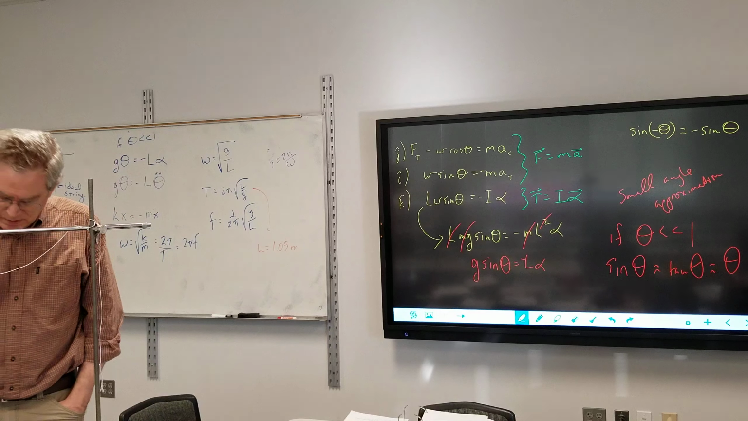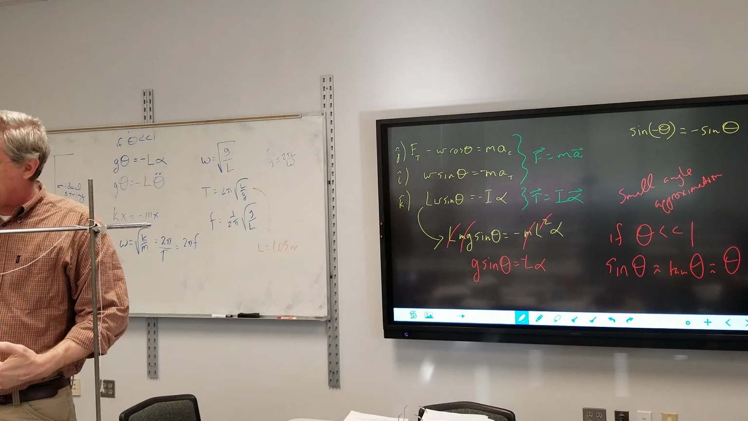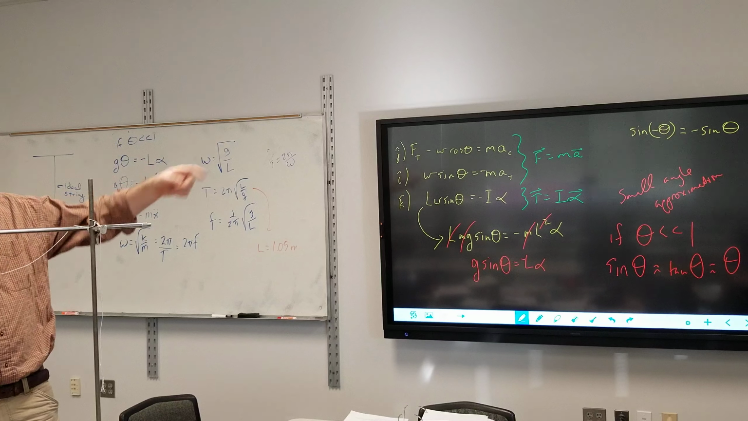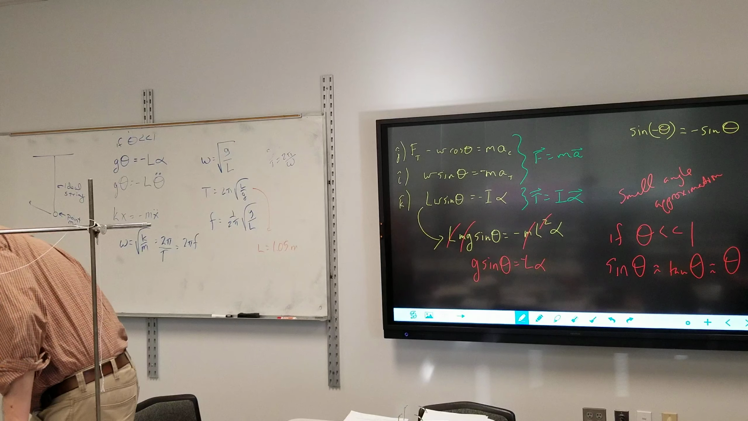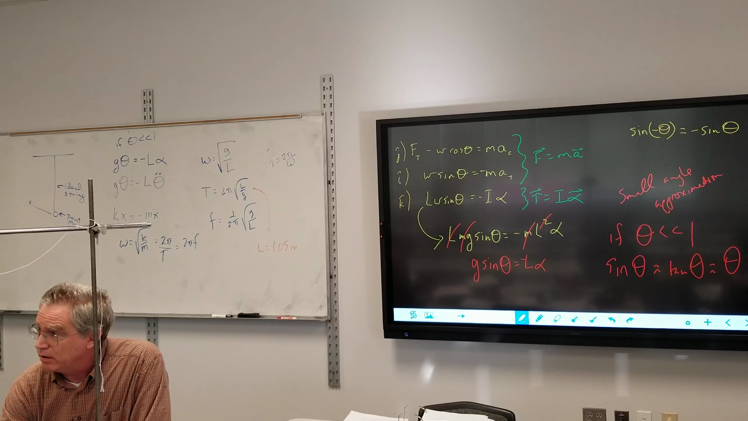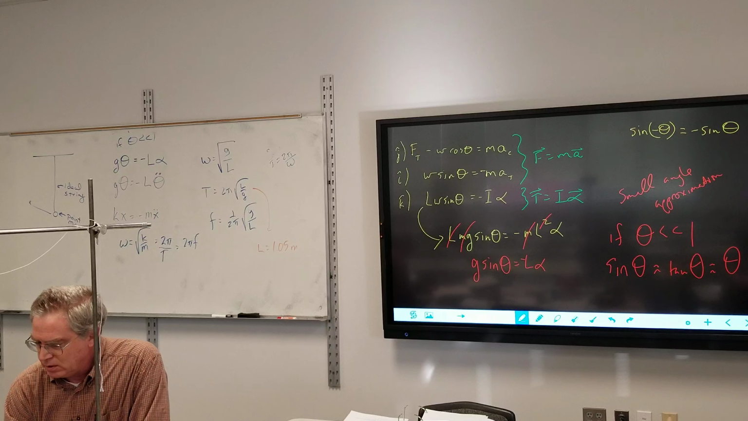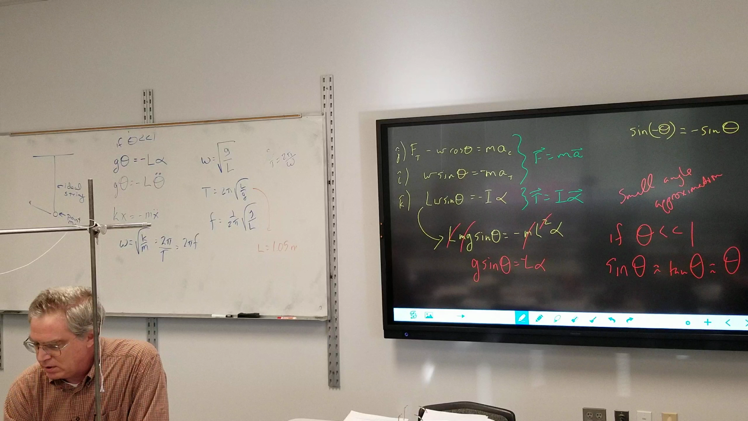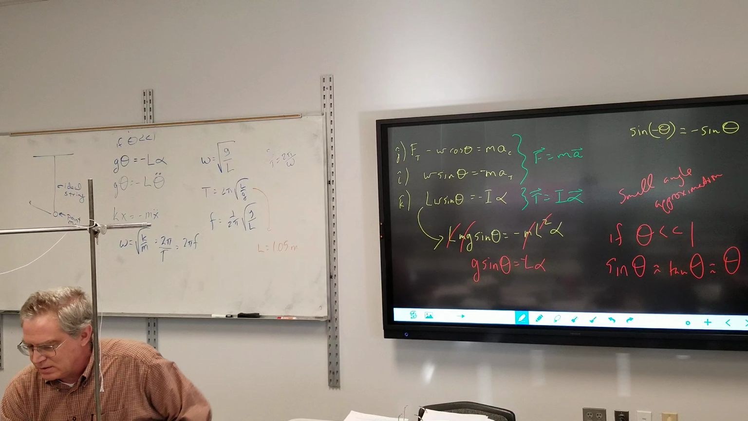All right. Now, when I pull it back, I can't pull it back too far because then I lose my small angle approximation. All right. Ready? 3, 2, 1, go. 1, 2, 3, 4, 5, 6, 7,